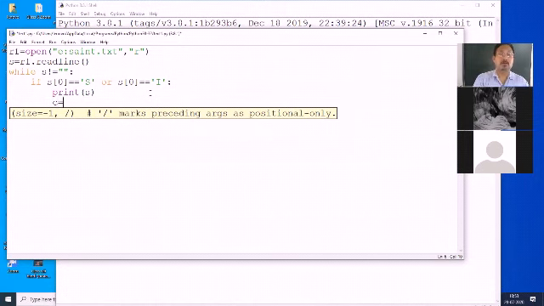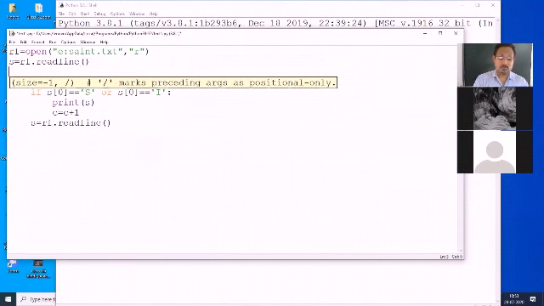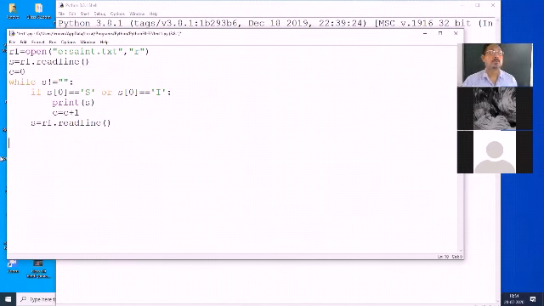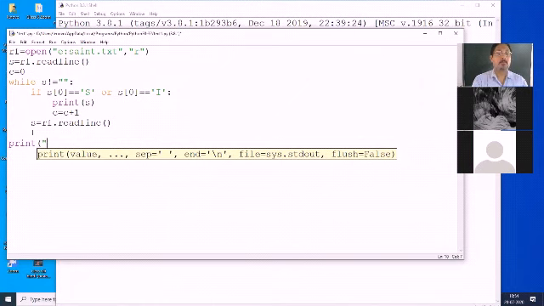Also display the total number of such lines which start with S and I. If you want to write it, you can.